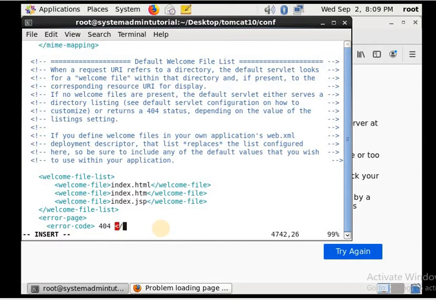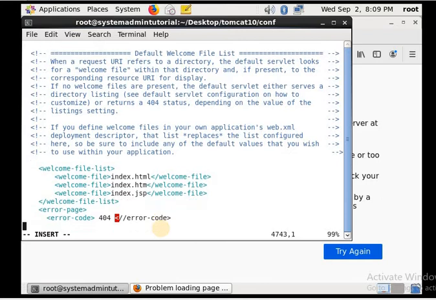The error code is 404, and the location is 404.html, because we are going to keep the HTML page inside our root directory.